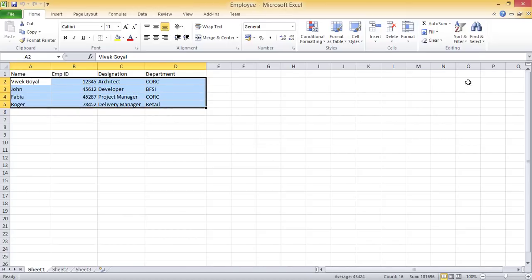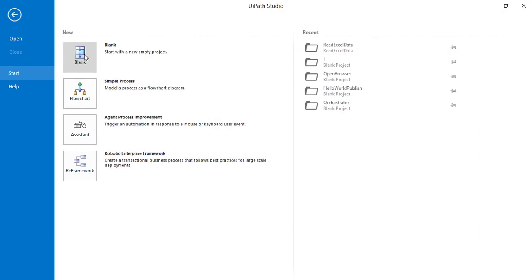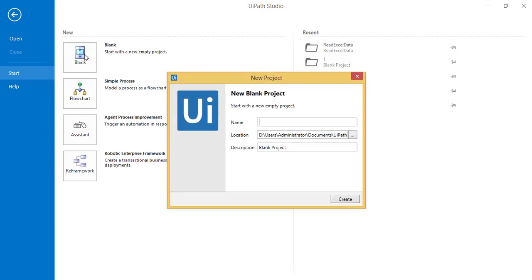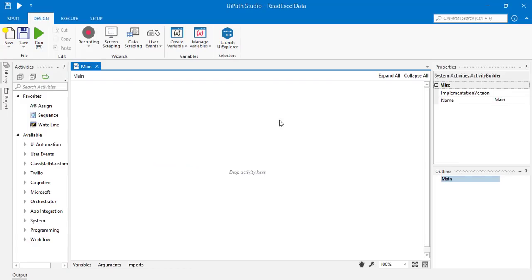So let's see. I'm just minimizing it. I'll click on the blank. Okay, click, and here you can give the name. I can give read Excel data. The same you could put it here. Click on create. So you can see this window,